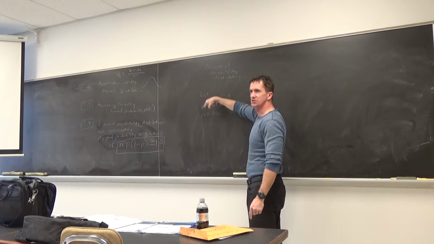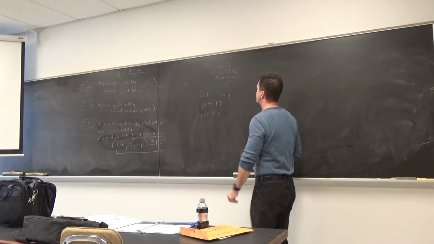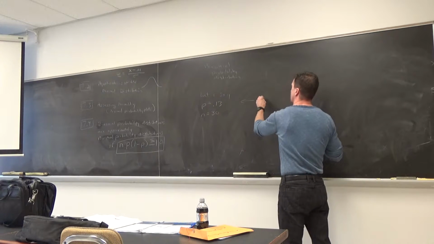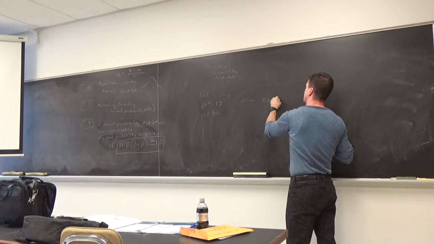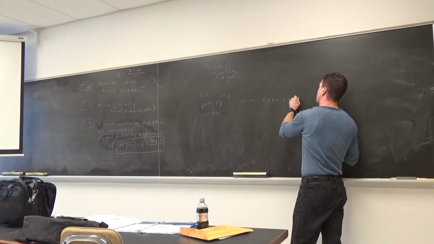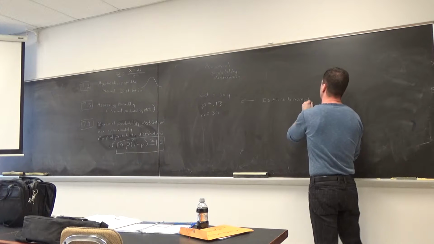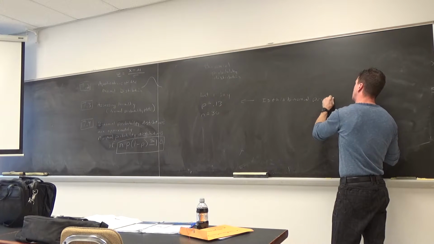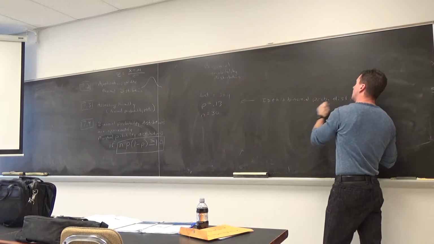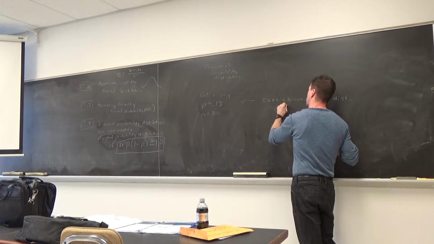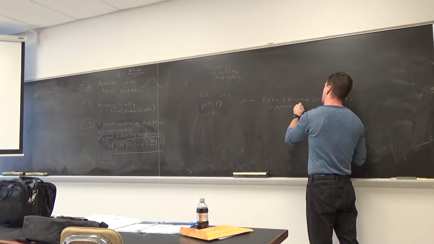Is this distribution approximately normal? That's my question. Everyone, is this binomial probability distribution approximately normal? Yes or no? Well, all we do